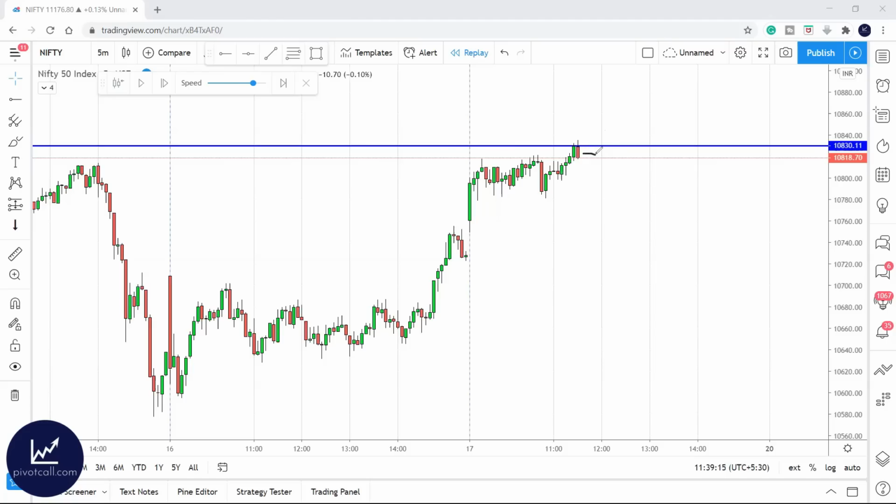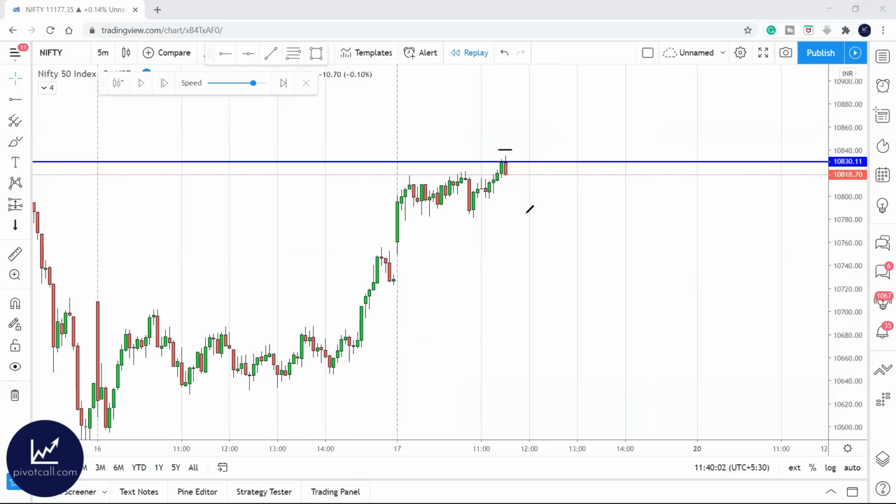What I said, you have to short here, right? You will take a short position because now you are expecting the market to go down. You have taken a short position. Now where will you keep the stop loss? You will keep it where the short seller kept it. The short seller must have kept the stop loss here. So you can also short here and keep your stop loss here.